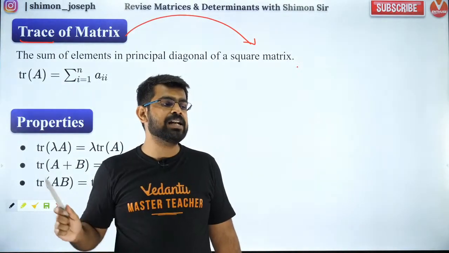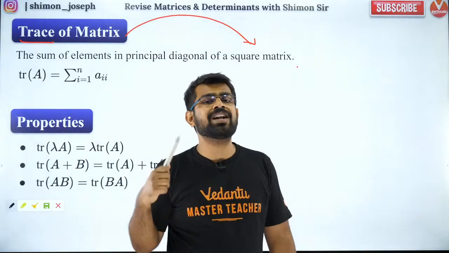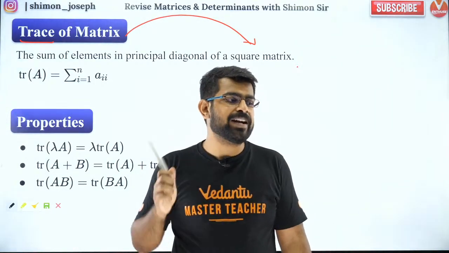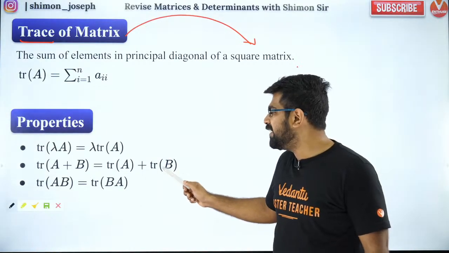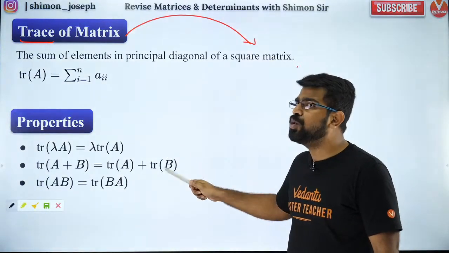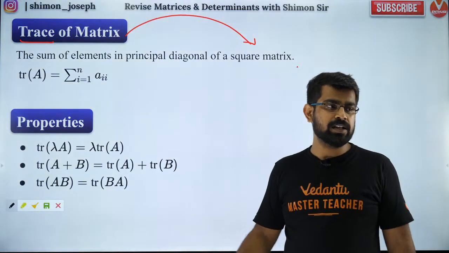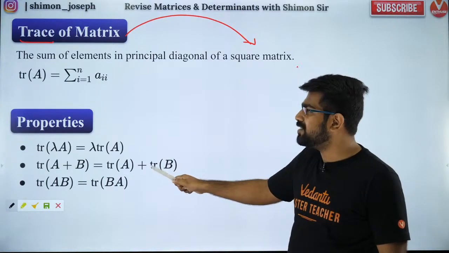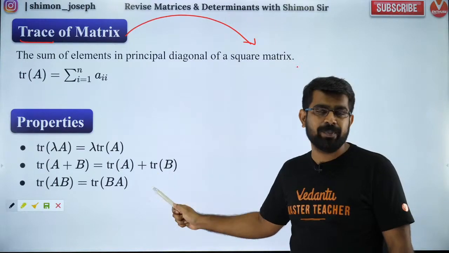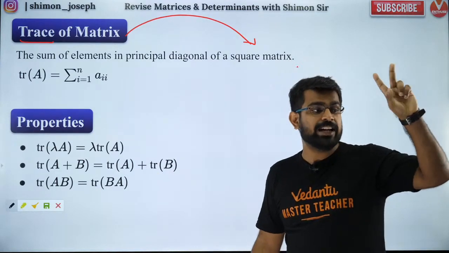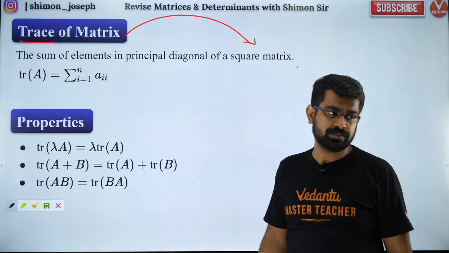Sachin, the other diagonal elements, we don't care. It is called the off diagonal, but we don't worry about it. Very good, Beast. The second property is very useful. I'm going to give you a question based on the second property. So please note it down. It was asked in JEE Mains 2021. It was asked this very year.